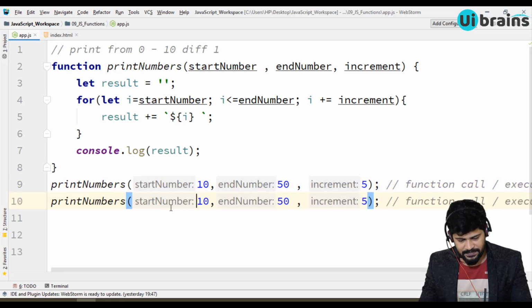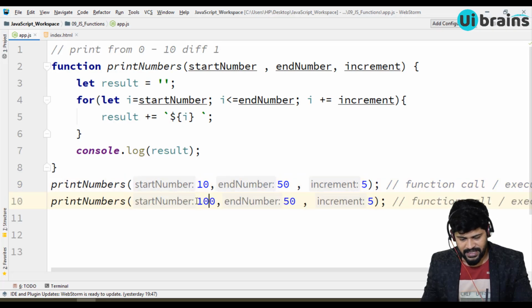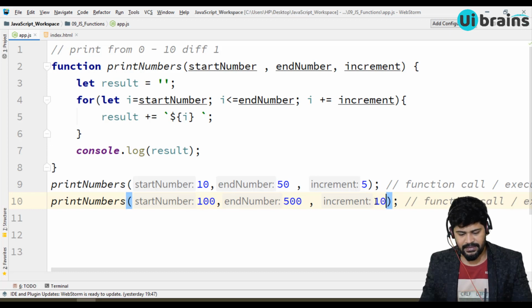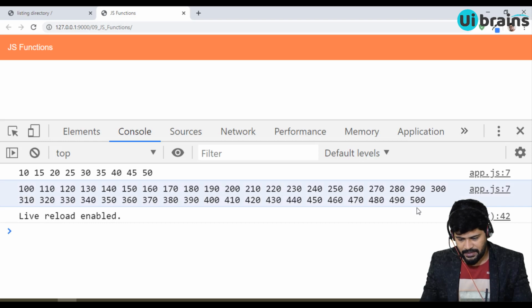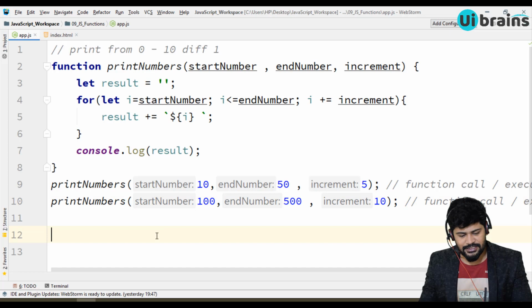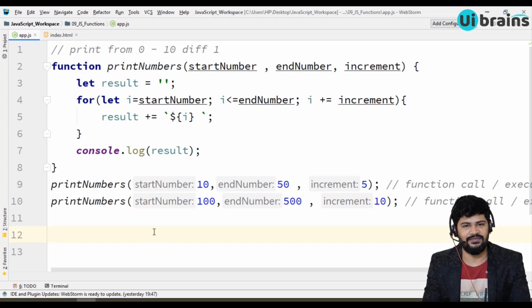Let's call this again. I will provide 100 to 500, increment by 10. So what happens? Starts from 100 to 500, increment by 10. This is 5, this is 10. So we can reuse a function for different purposes, depending on what input you provide. Based on that, we're going to get the output. So this is all about functions, and we have a lot of other different types of functions. So let's see the various other types of functions